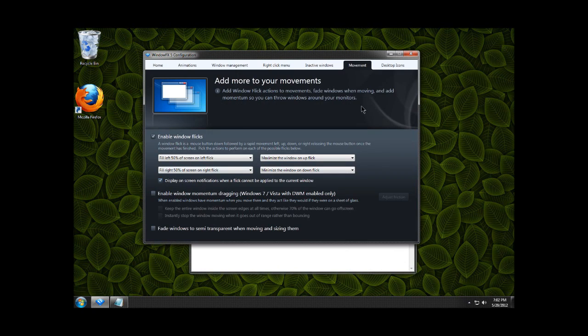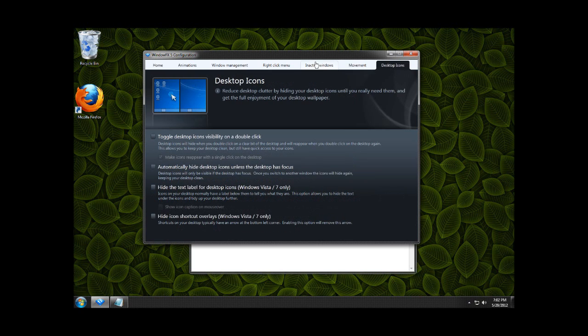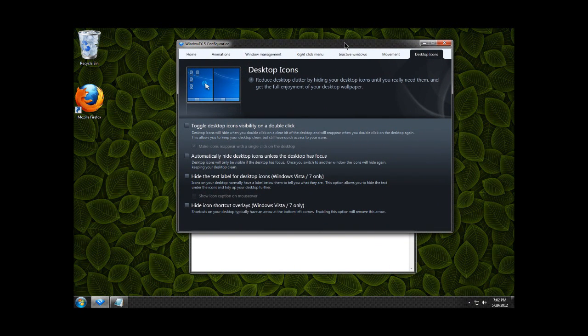And then the desktop icons. Now, this is a feature that we get from our beta testers that people say should be built into Windows. I agree it should be built into Windows, but it's not. So for example,